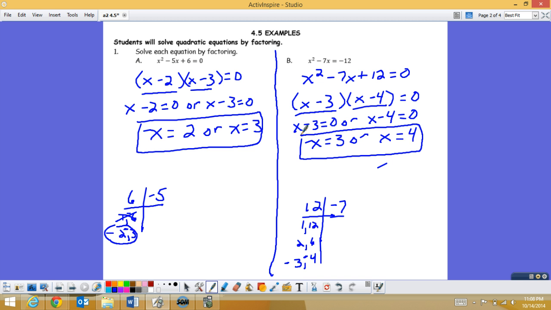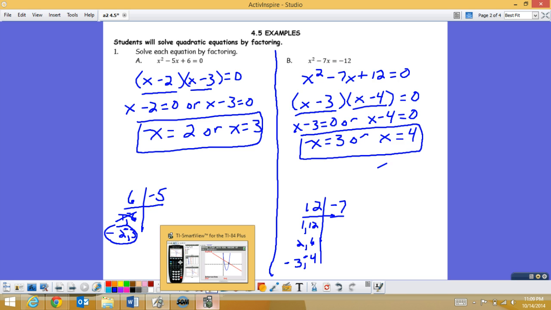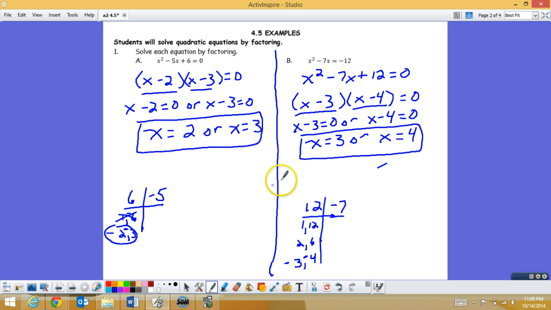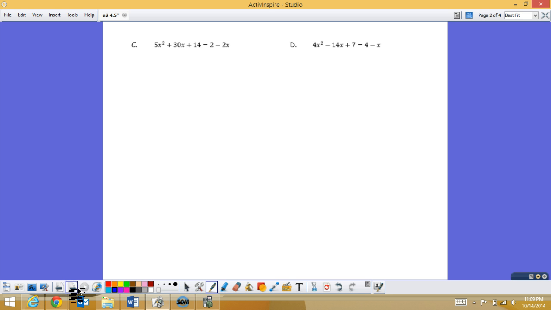And if you recall, if you wrote them down, hopefully you know that that's what we found for our solutions when we used the graphing calculator for this particular problem. Okay. In this one, I'm actually going to do D first because we did that one on the calculator already. So I'm just going to